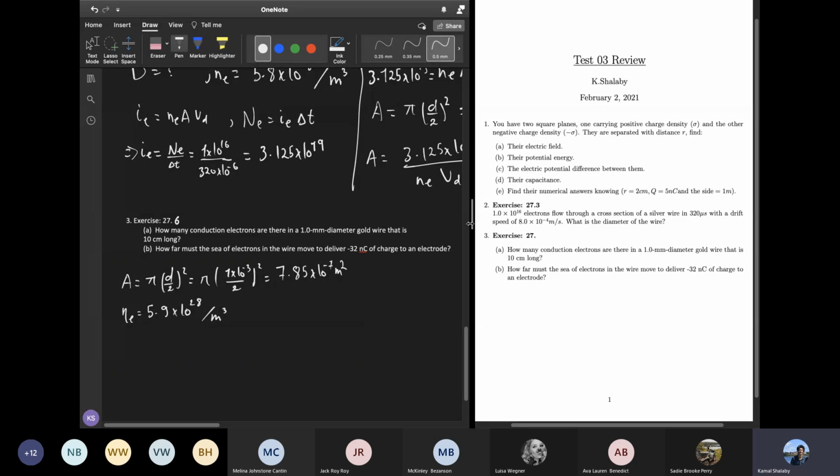So the volume is A times D, the depth: 7.85 times 10 to the power of -7 multiplied by 0.1 meters. That will equal